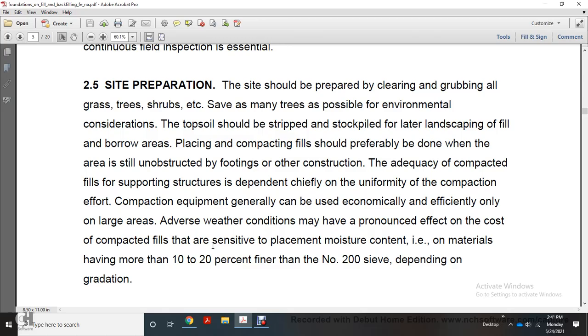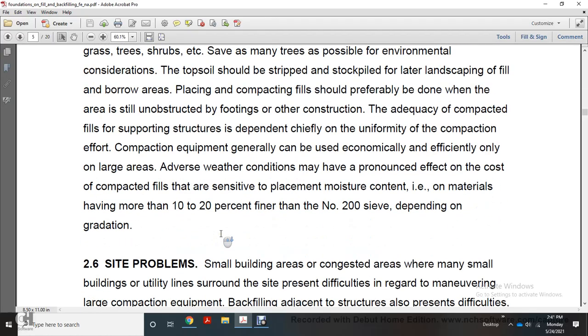Adequacy of the compacted fill for the superstructure is dependent chiefly on the uniformity of the compaction effort. The compaction equipment can generally be used economically and efficiently only on large areas. Adverse weather conditions may have a pronounced effect on the cost of compacted fills that are sensitive to placement moisture content, i.e., materials having more than 10 to 20% finer than the number 200 sieve, depending on the